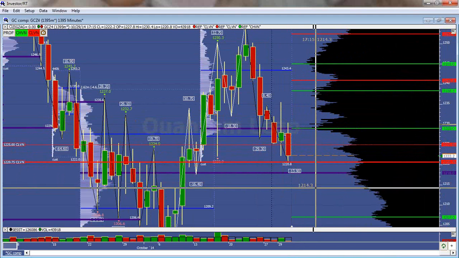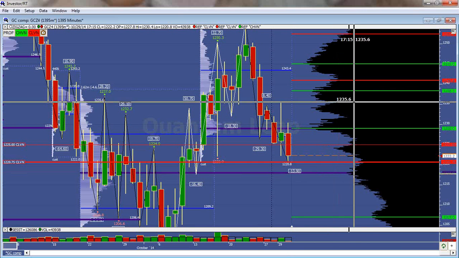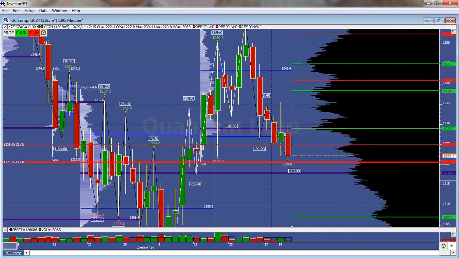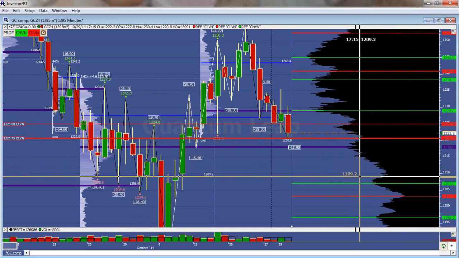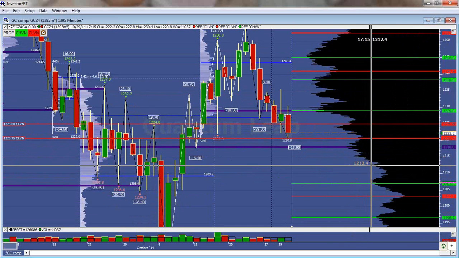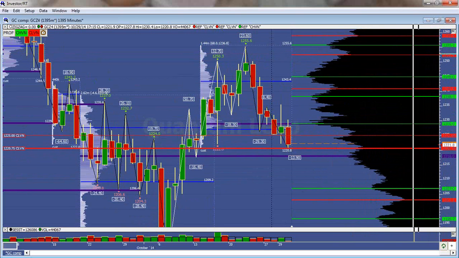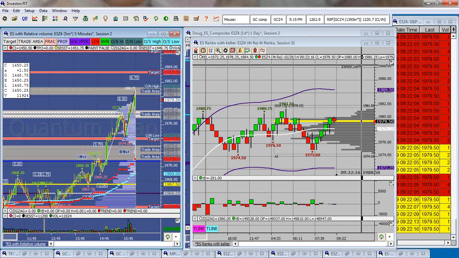Not expecting much. I mean, I think we're going to hit this 18. If we get good news on QE and they pop, I think we're going to see the 18 level again. Possibly even come down to this 1209 to 1206 area on any real devastating or any big move to the upside on the indices. Anyway, that's it for me.